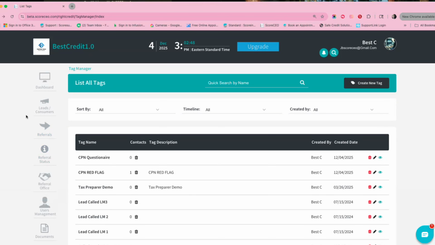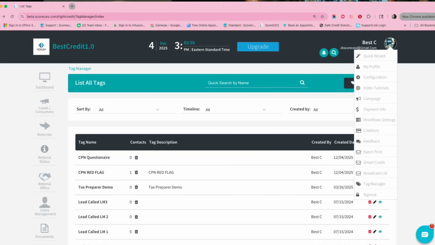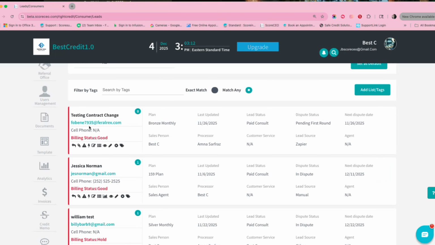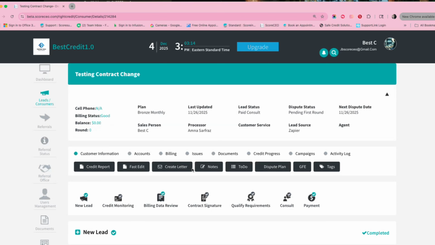Okay, so first things first, it's going to depend where you want the tag. We have a general area where you can create all of your tags, and you can find that in your configurations bubble. We have the tag manager section in which it allows you to create all of your tags. You can do it at any time. But if you want them to be in a specific location, like when I was showing my example inside of a workflow step,